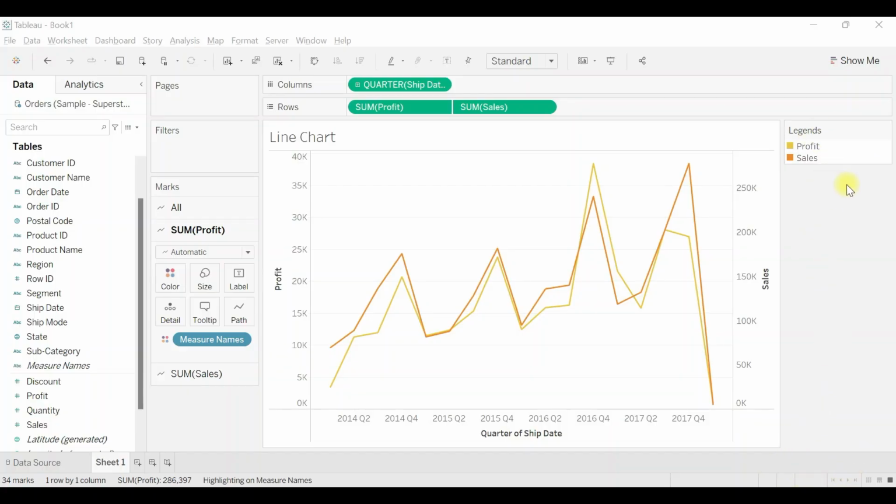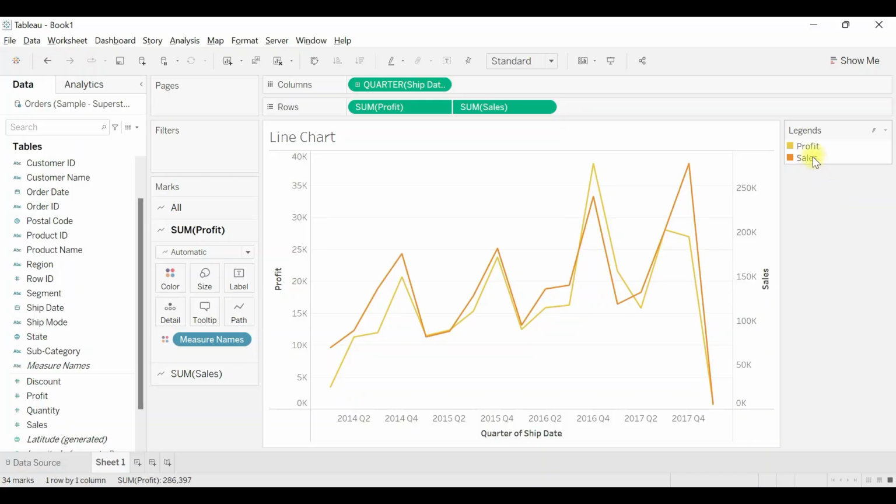The next feature is highlighting the selected item. Now, by default, if I click on profit the profit line gets highlighted. If I click on sales, the sales line gets highlighted. That is because the settings are such that whenever you click on any of the measures, the selected one would be highlighted. If I need to change it, there are two options. The very first is there's a small pencil here. You can click on it, highlight selected items. Now when I click on profit, nothing will change. Even if I click on sales, nothing will change.